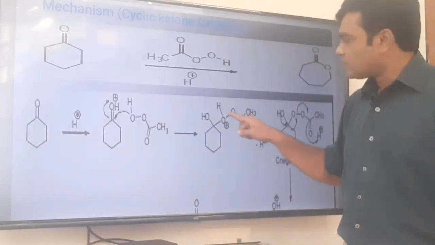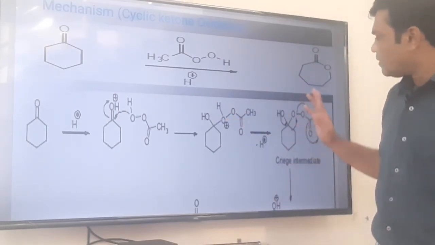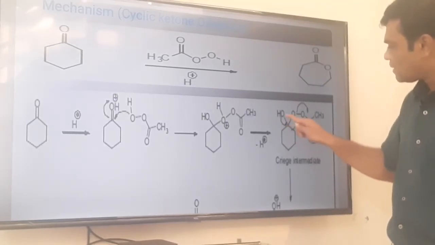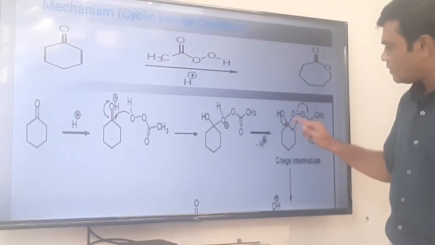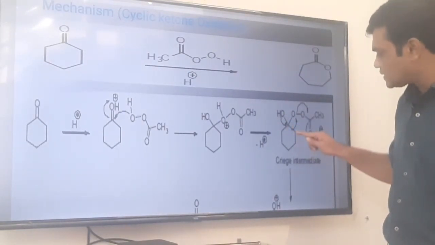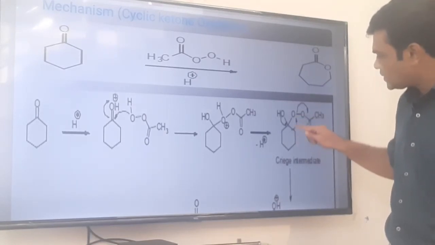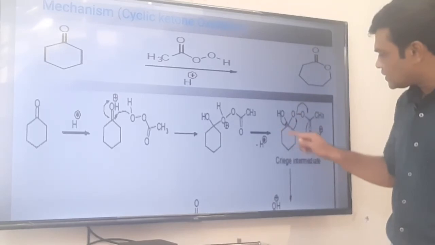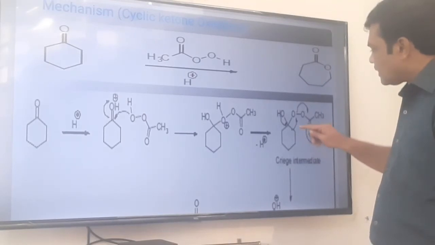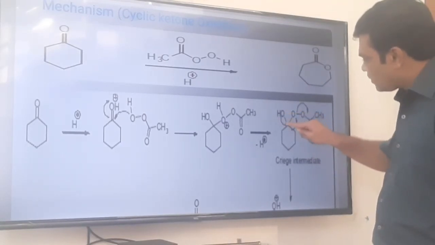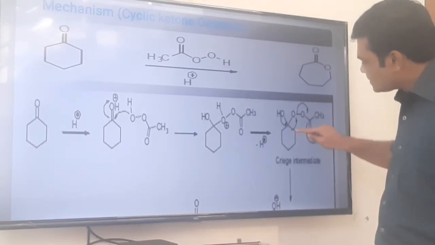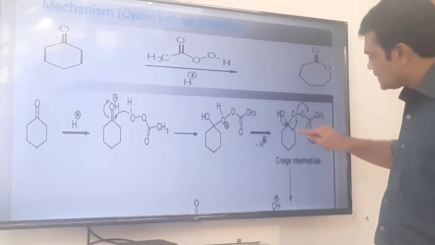What is the next step? Deprotonation, oxygen gains its lone pair. What is the next step? Oxygen donates its lone pair here, pi bond is formed between oxygen and carbon, and when this new bond is formed, at the same time the alkyl group which is attached to the carbon migrates. Now here there are 2 choices, this carbon-oxygen bond formation or this carbon-oxygen bond formation, but as it is symmetrically substituted, there is no issue, we can write any one. So oxygen-carbon bond formation takes place, means we can say this CH2 group is migrated.